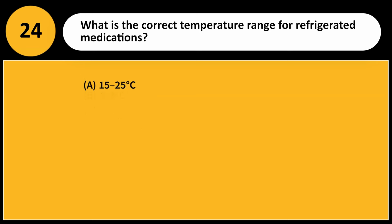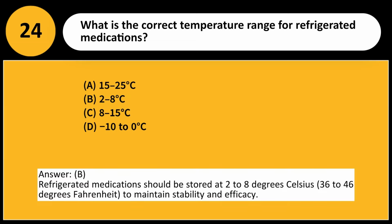What is the correct temperature range for refrigerated medications? A. 15 to 25 degrees Celsius. B. 2 to 8 degrees Celsius. C. 8 to 15 degrees Celsius. D. -10 to 0 degrees Celsius. Answer, B. Refrigerated medications should be stored at 2 to 8 degrees Celsius, 36 to 46 degrees Fahrenheit, to maintain